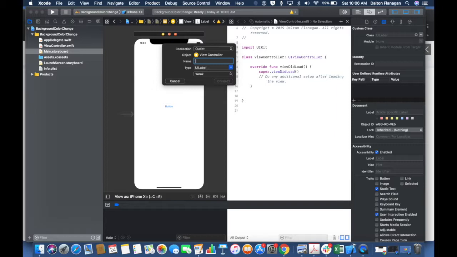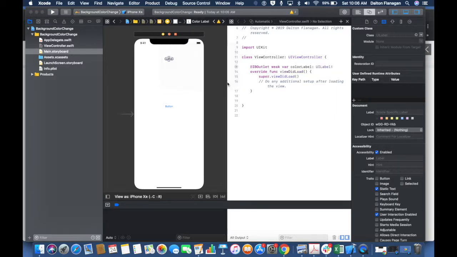I'll call it color label. And when I'm labeling objects like this, I'm going to do it in camel case, meaning that the first letter is going to be lowercase, but then in the second word, when I do color label, I'm going to capitalize the L in label. It's just a good practice to get in the habit of with programming. It's going to be a UI label. The connection is going to be weak, and you don't have to worry about that right now, but we're just going to connect that